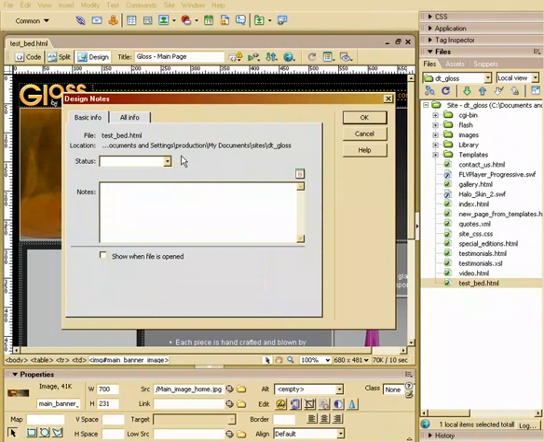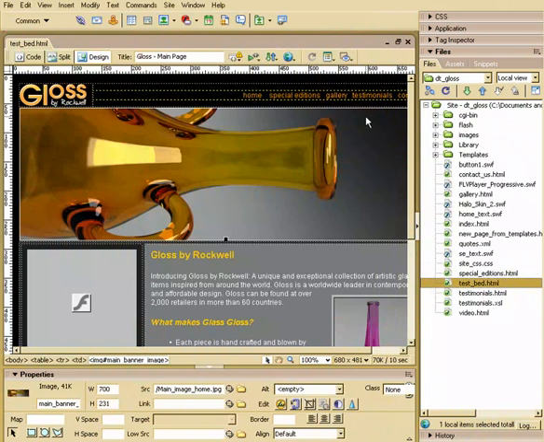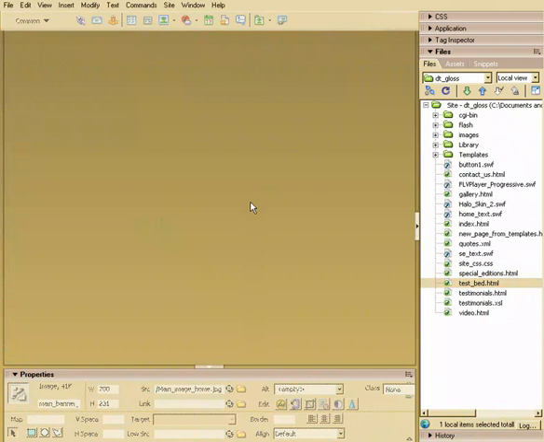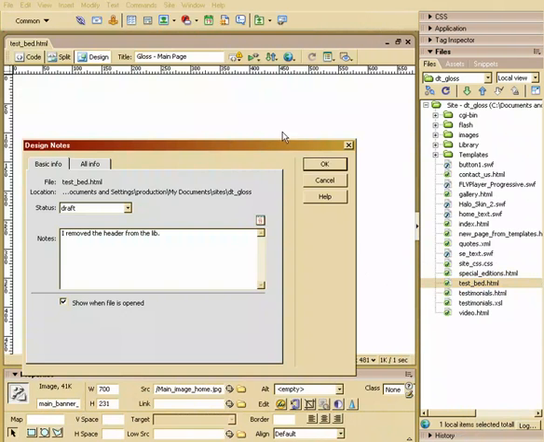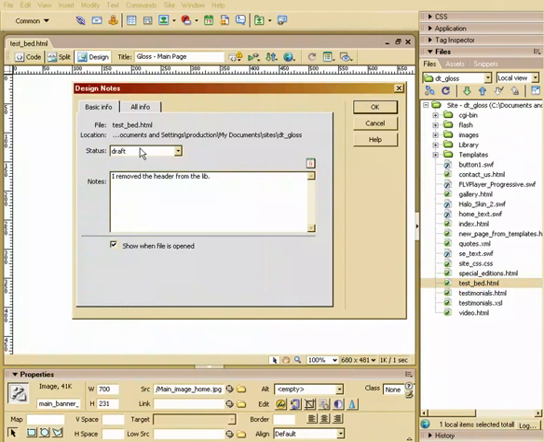Well, we can do some basic things, right? We can say, all right, right now this is in a draft stage. Okay, I remove the header from the library. Show this when the file is open. All right, no problem. Close this. We'll save everything. Now, the next time I open that file, it's going to open with this design note saying,